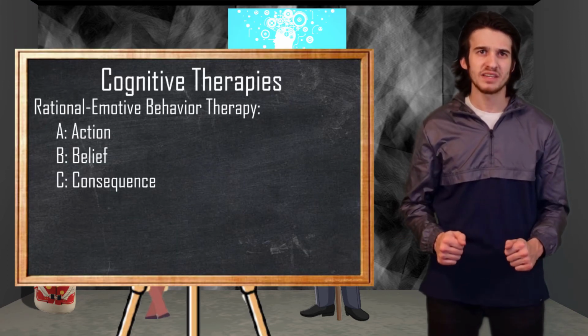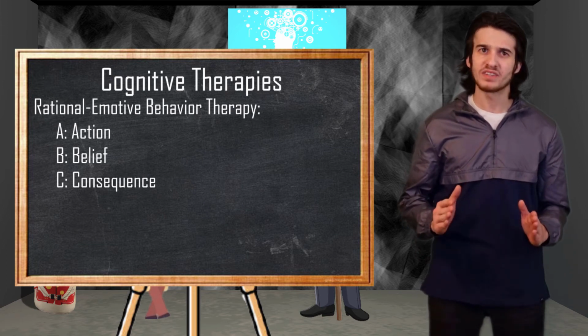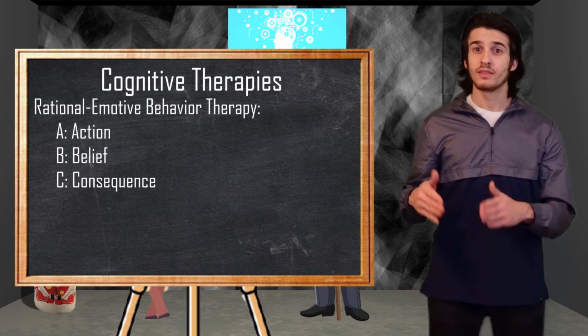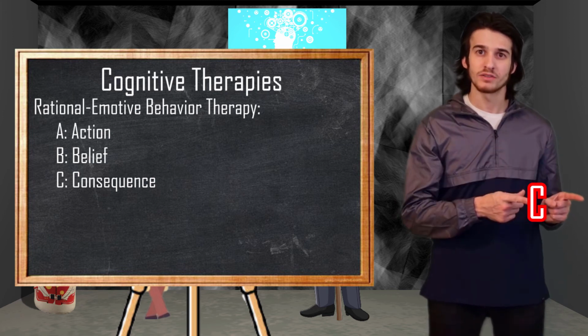Referred to as the ABC model, an activating event first occurs. The individual's beliefs about the event then cause some type of emotional consequence. So there you have it, the ABCs: activating events, beliefs, consequences. So let's take a look at how Ellis would use this form of therapy on a